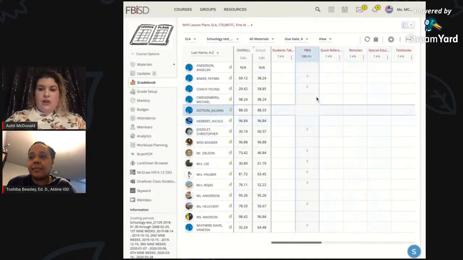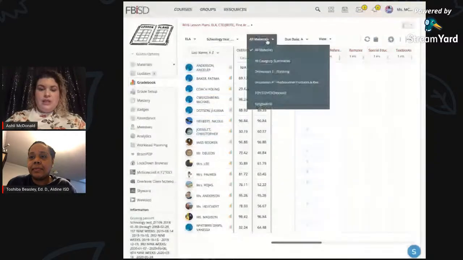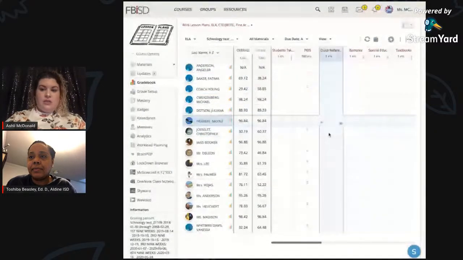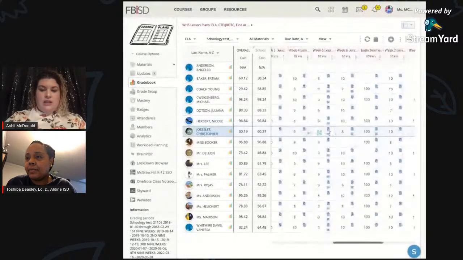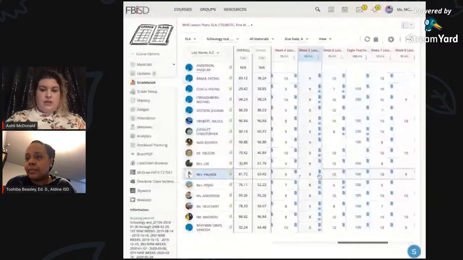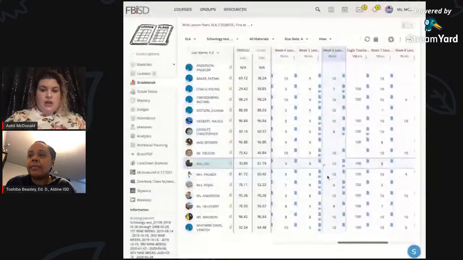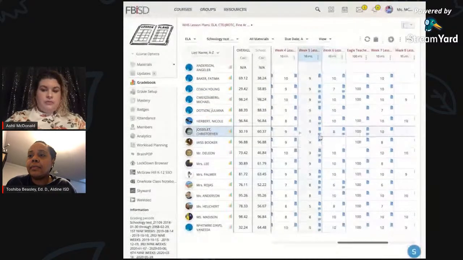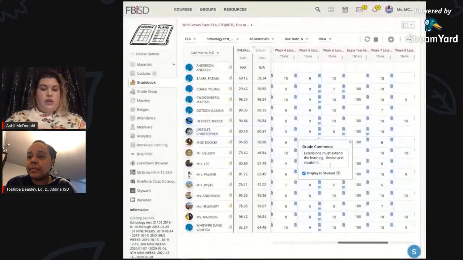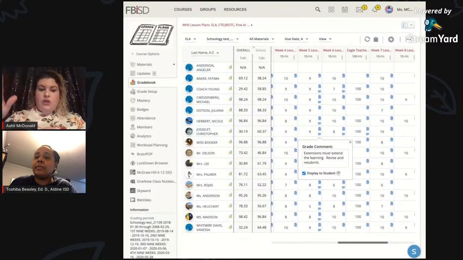And in the grade book, you're going to see different items in here as well. So you're going to see these are examples of teachers that have turned in their lesson plans, correct? Down here at the bubble. So when you grade an item in Schoology, in this grade book, and this might answer your question, Mr. Coleman, when it comes to the workbook, you can see in here where they put a grading comment, right?